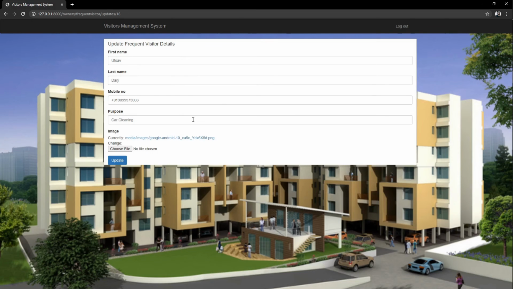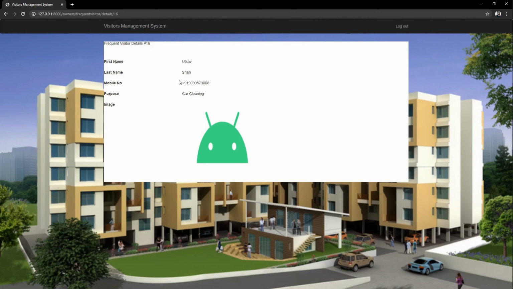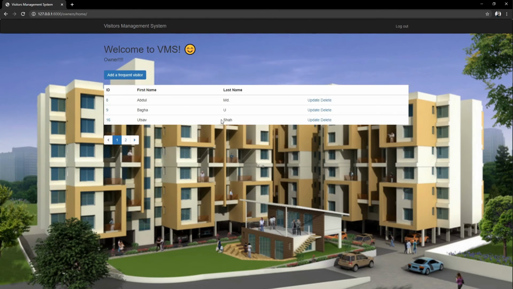And if I want to change his last name from Darji to Shah, I can write Shah here and just click update. So you can see we have successfully changed his last name from Darji to Shah, and on our home page we can also see that his last name has changed from Darji to Shah.